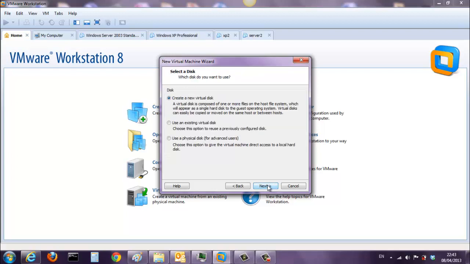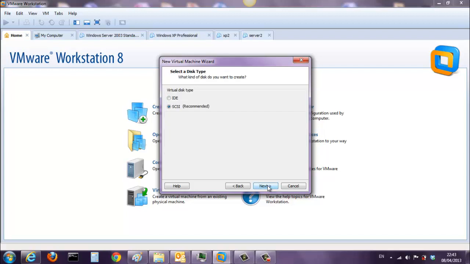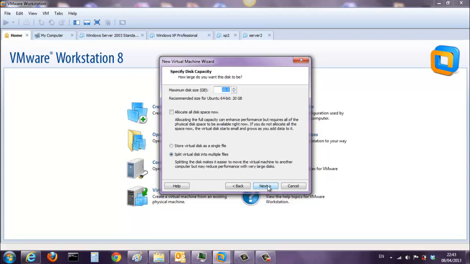Click next. Create a new virtual disk, click next. That setting is fine. Right. I don't want it to be 20 gig in size, it will be a waste of my hard drive, so I'm just going to reduce it down to 7 gig. The minimum is 6.4, I think, and I'm going to allocate the disk space now, and then click next,